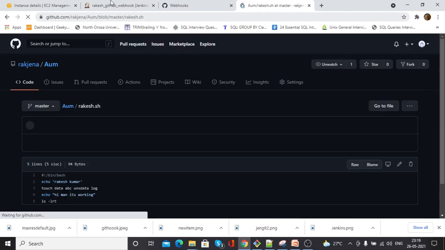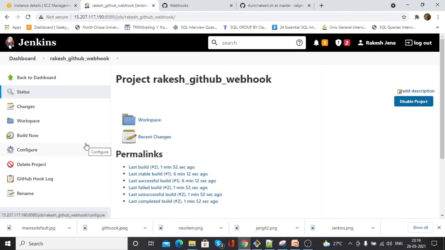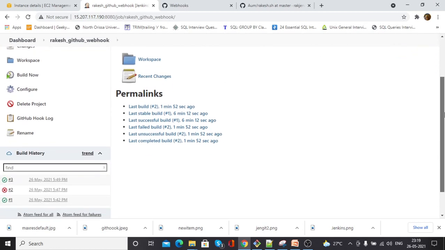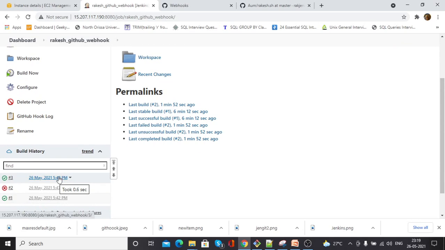Commit the change and check here. Go down. Yes, and the build is successful.